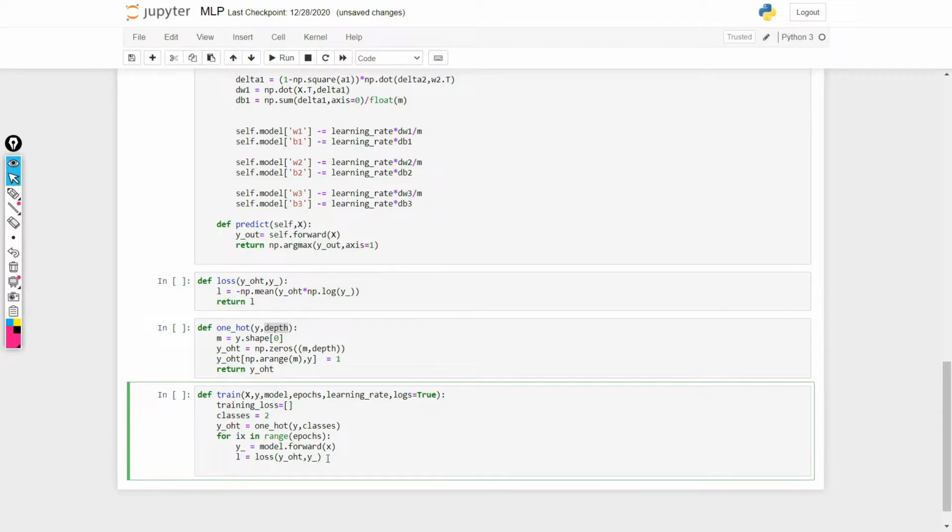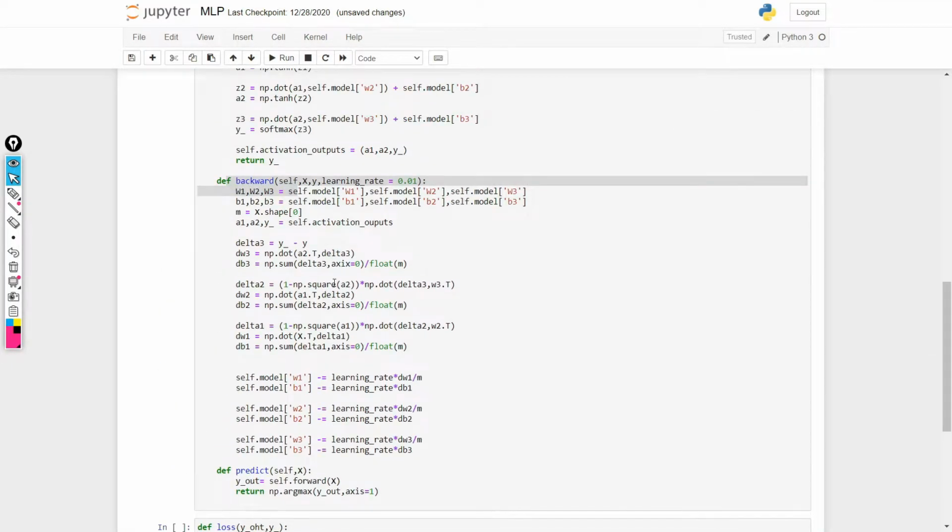Okay, now what we need to do is call our model.backward function, and in this we need to pass our x, our y, not y but y one hot, and the output. We also need to pass the learning rate.